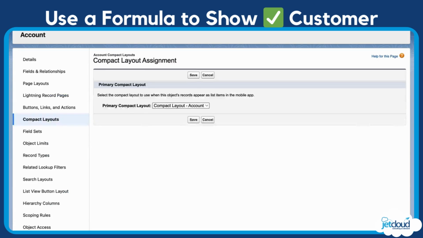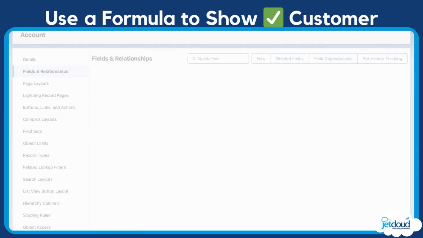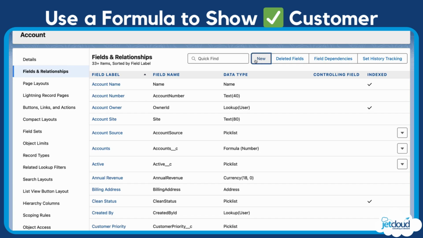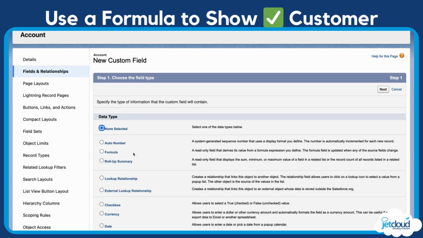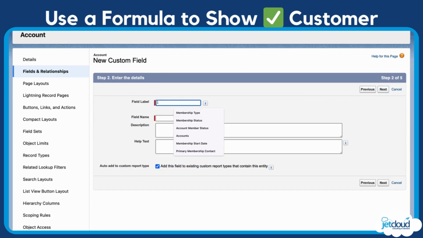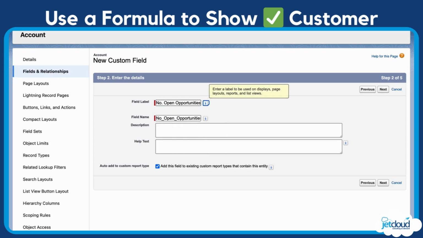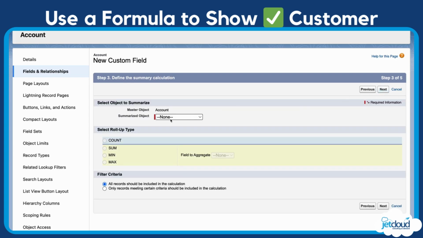Let's go back into the setup and we'll create another field, which is another roll-up summary, which will count how many open opportunities there are. So where there is an opportunity, but it hasn't yet been closed, either won or lost,